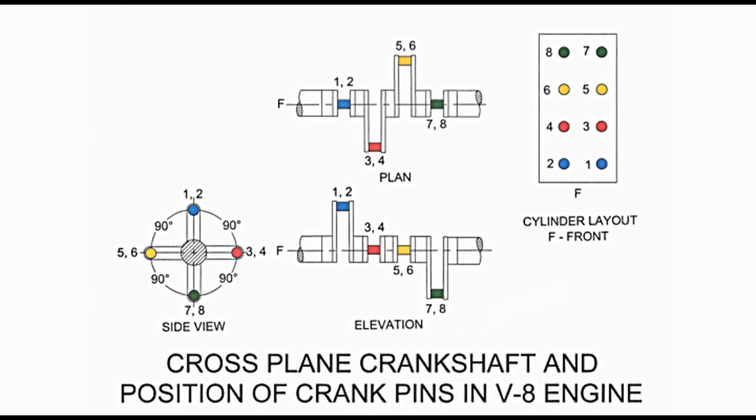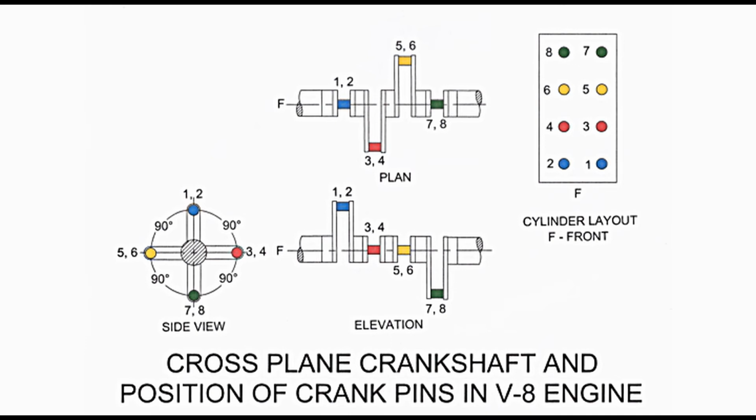At a particular instant, say the pistons in cylinders 1 and 2 are at TDC and in cylinders 7 and 8 are at BDC. Corresponding to it, in cylinders 3, 4, 5, 6, the pistons will be in the middle of the stroke. These will be ahead by 90° or half stroke. Therefore, in cylinders 1 and 2, these are moving downwards, and in cylinders 7 and 8, these are moving upwards.